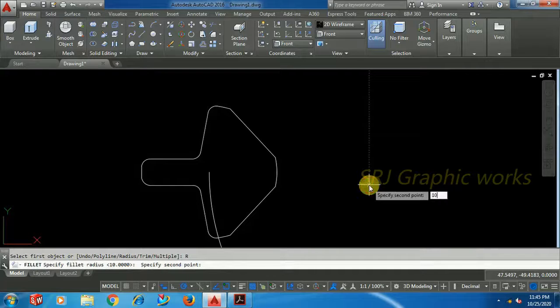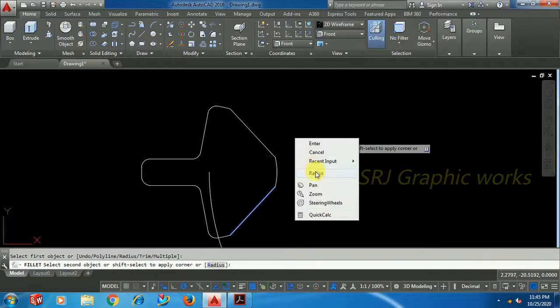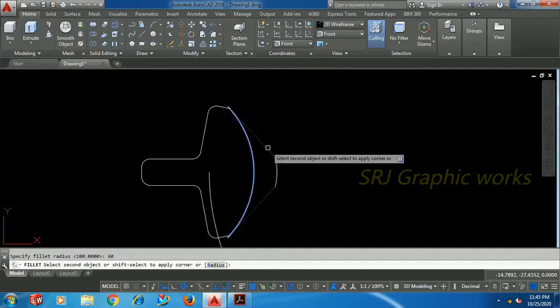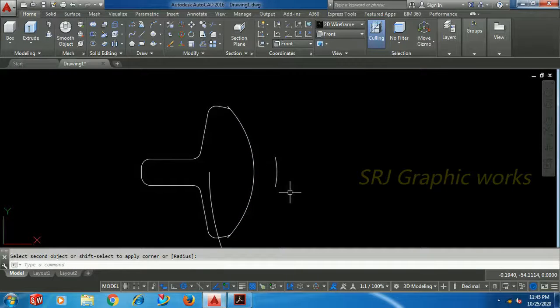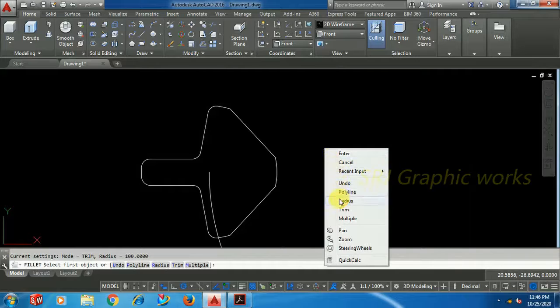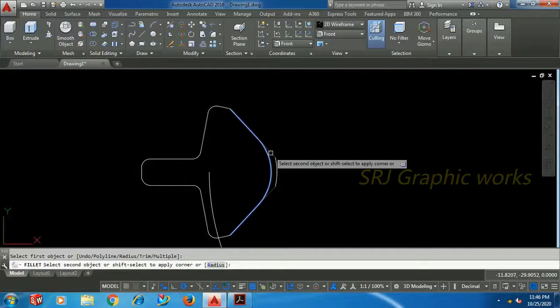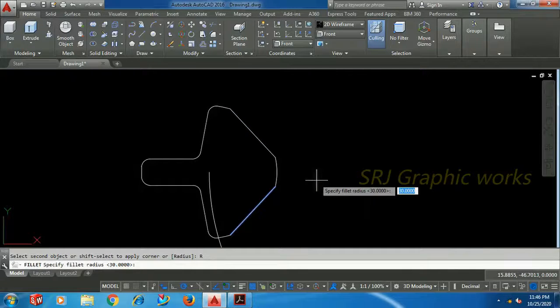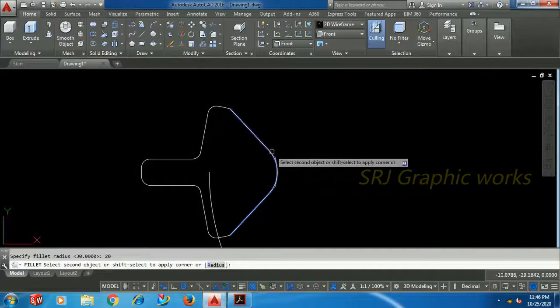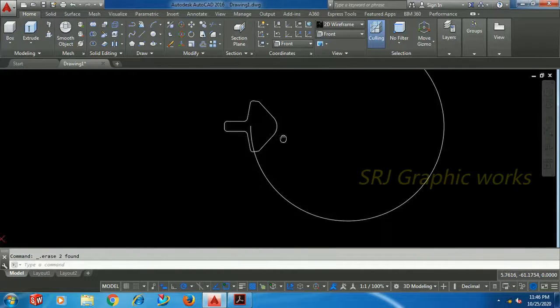Radius I use some 100 and I try these two. Right click, radius 60. 30. Okay. Then